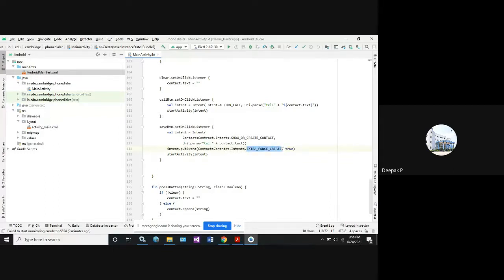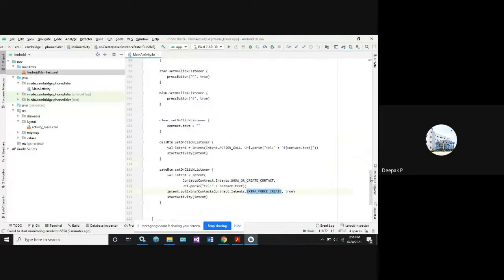This is the field where, when you want to add any additional data to the mobile number using the save button, at that time this field has to be made true. If you make it false, it just takes name and phone number as your two fields. Okay. So start the activity intent based on this data.